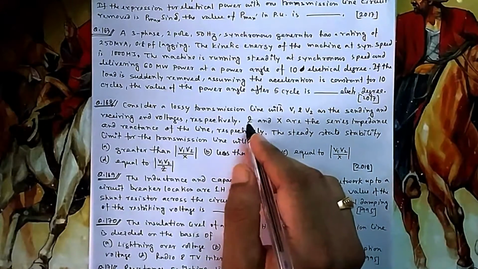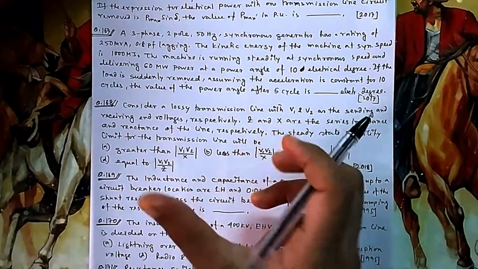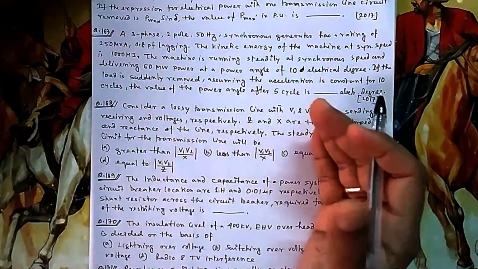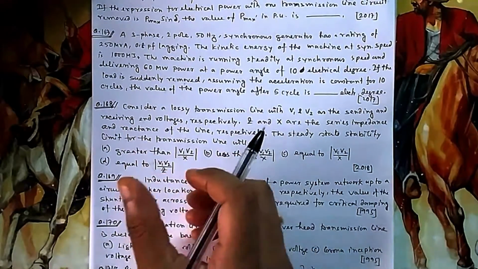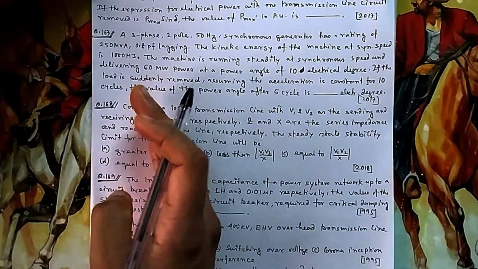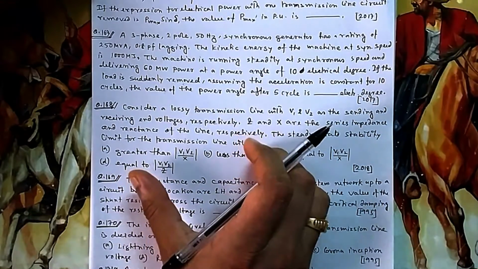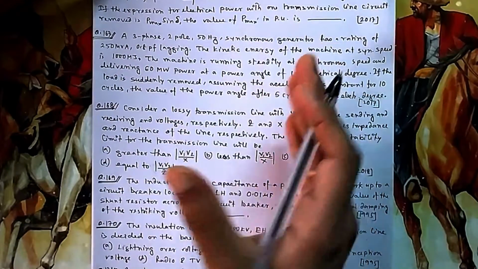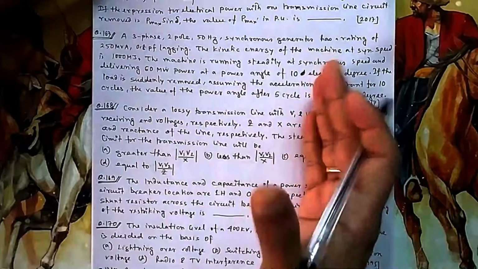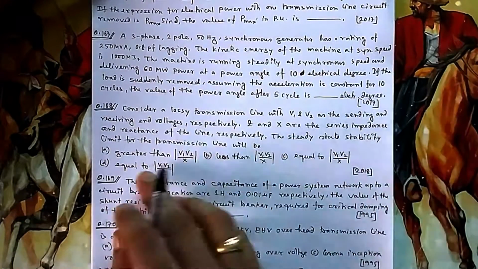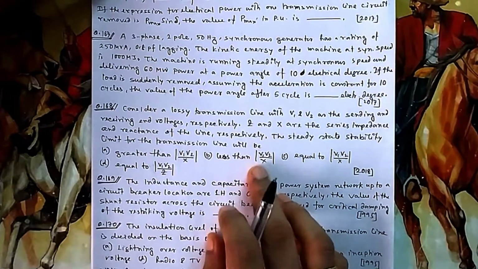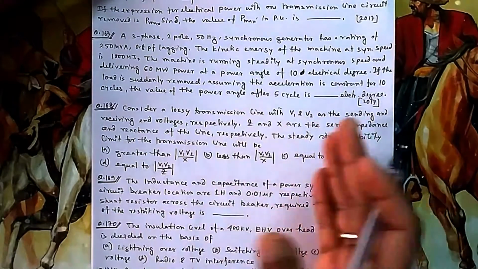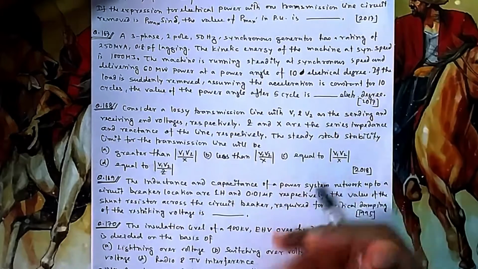But if there is a Z inside, if it is lossy, then obviously there will be losses in the transmission line. So the maximum power that you can transfer from this bus to this bus will get reduced because there will be losses. Suppose earlier you were sending 100 megawatt and receiving 100 megawatt, so your maximum power transfer capability is 100 megawatt. Now if you are sending 100 megawatt, it will not be received as 100 megawatt. Suppose there is a loss of 10 megawatt, so the maximum power that you can transfer is now 90 megawatt. So obviously it will be less than this one because this was the ideal case, with no losses.